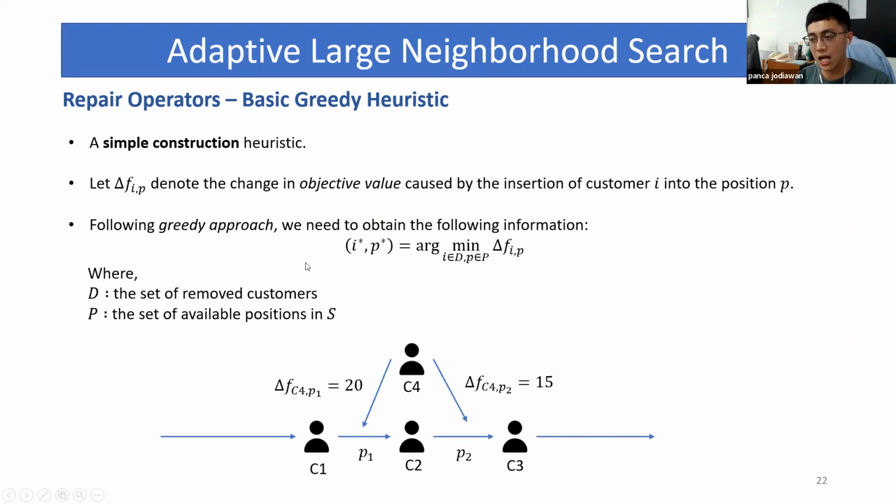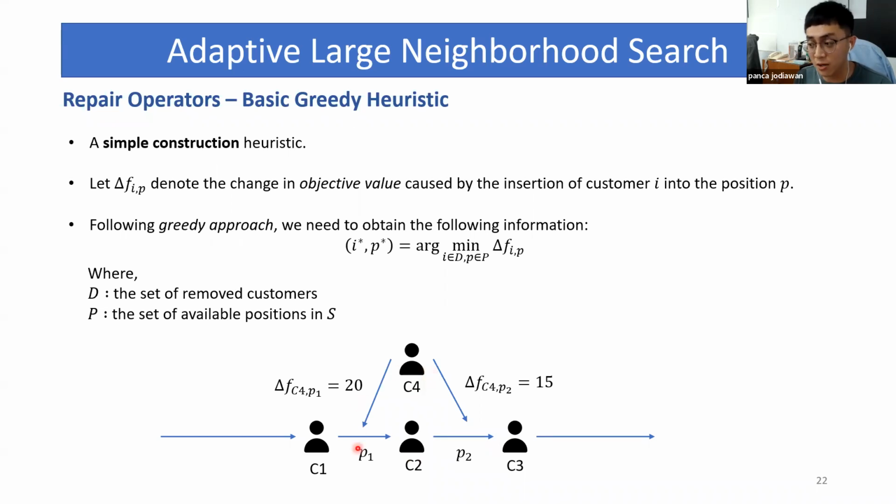Let's take a look at the illustration. I just prepared one customer for the example. Let's say you have a route, and part of the route is C1, C2, and C3. And you have two positions for the insertion, P1 and P2. Now you need to consider where the greedy heuristic should insert C4.